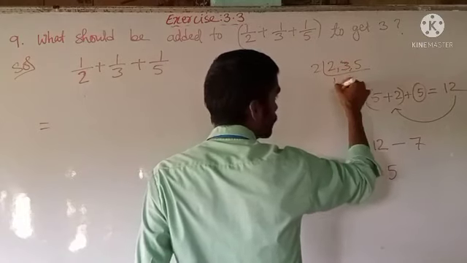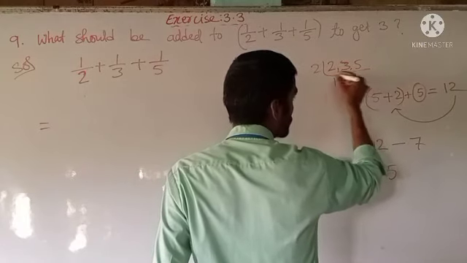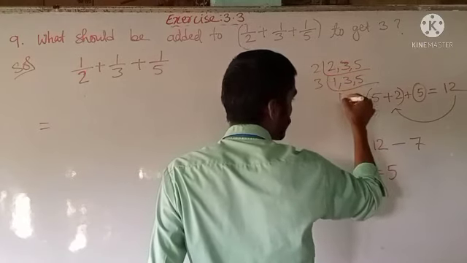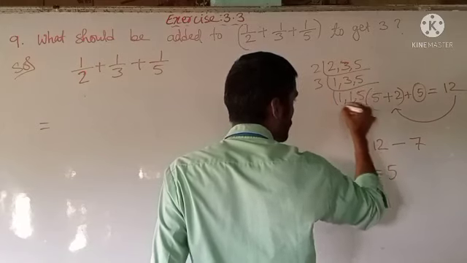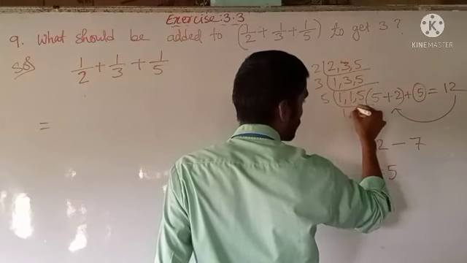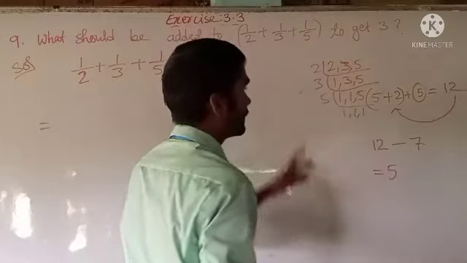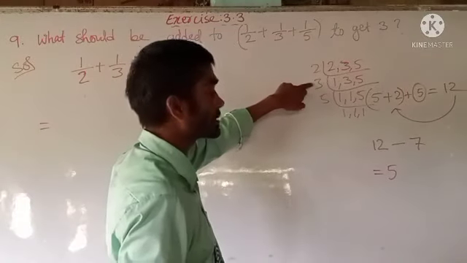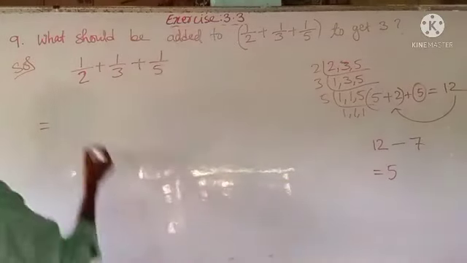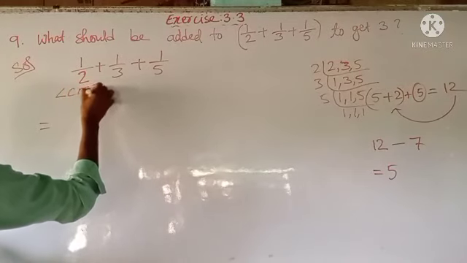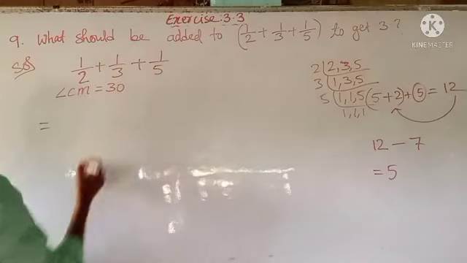So we'll divide it by 2. 2 and 3, it is not possible; 5 also it is not possible. Again 3, 1, 1 here 5. Here again by 5, 1, 1, 1. So we got 2 into 3, 6; 6 into 5, it is 30. So we got our LCM, that is LCM is equal to 30.